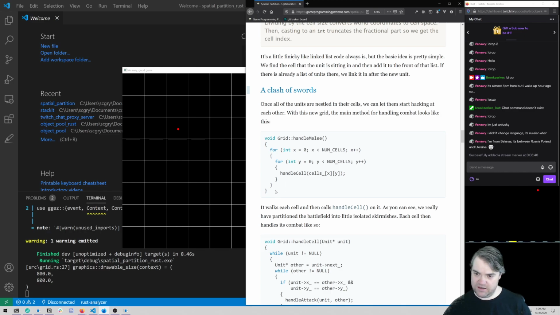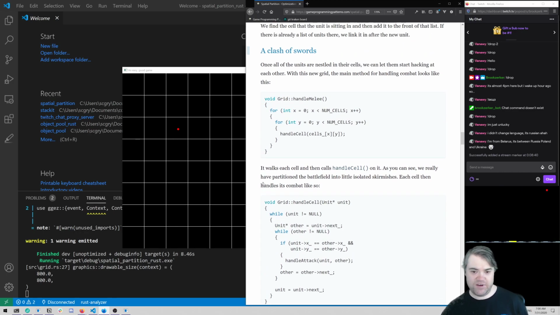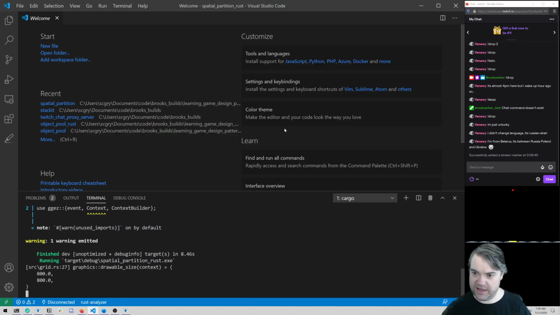Then let's see here. Okay, so then we're gonna have this handle melee, which is gonna go through all of the cells and then handle the cells. So I'm thinking, I don't really have any melee or anything to work here, but what we can do is have them move around. So we can,